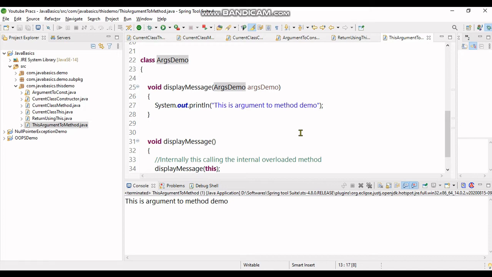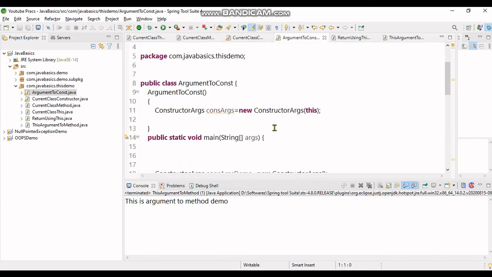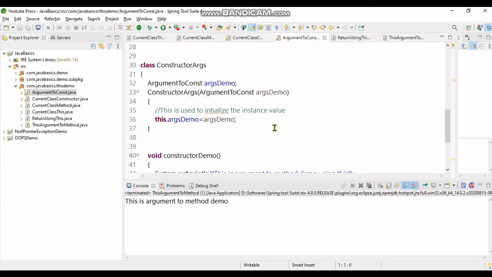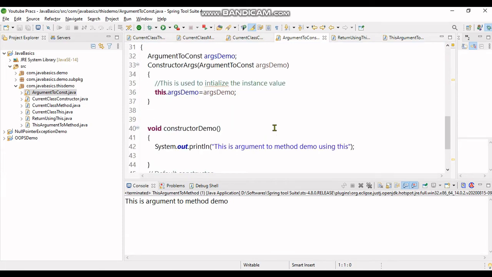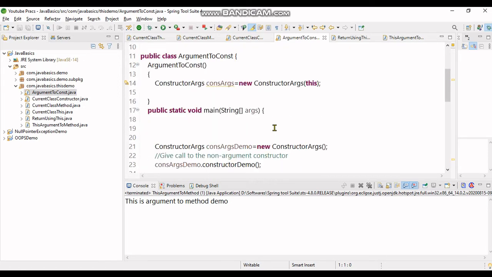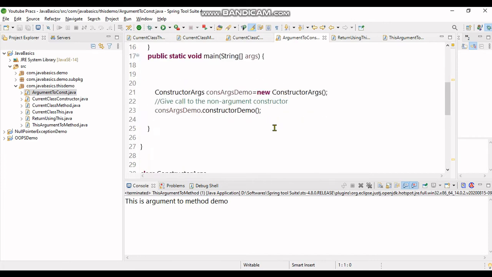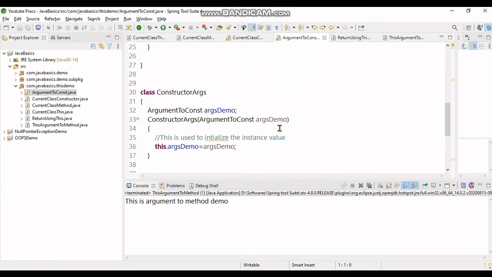Let's move to the fifth scenario. Use of this to pass as argument to constructor. So what I've done is I've created a public class with only the main method. I've created a constructor of it, and I've created a constructor of the other class, and it's holding a reference of the public class.